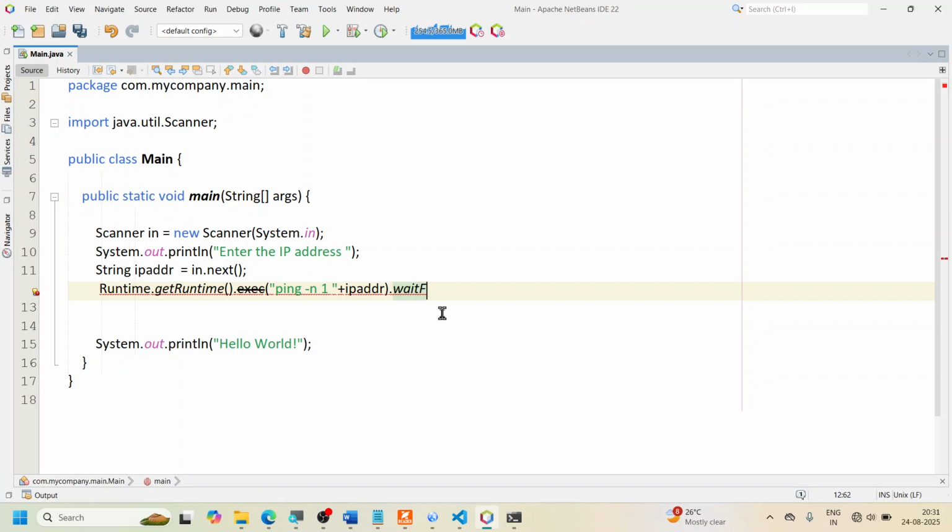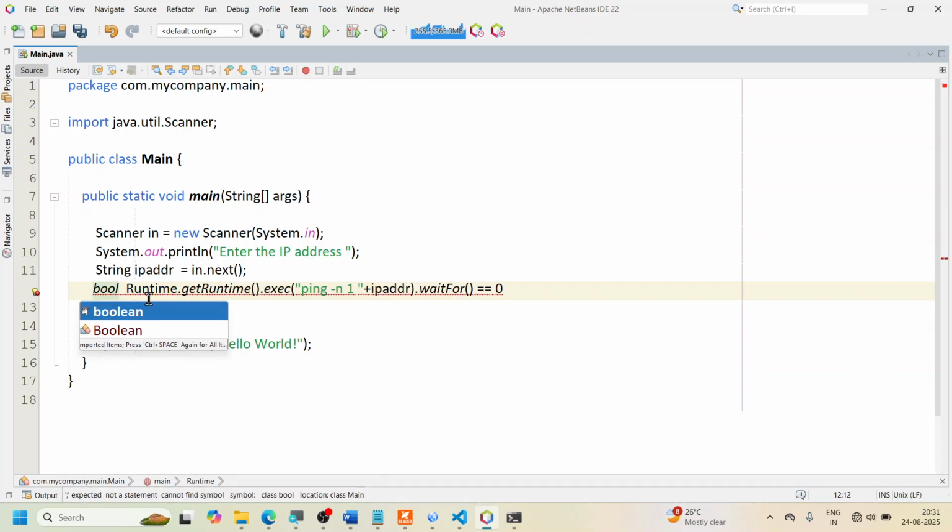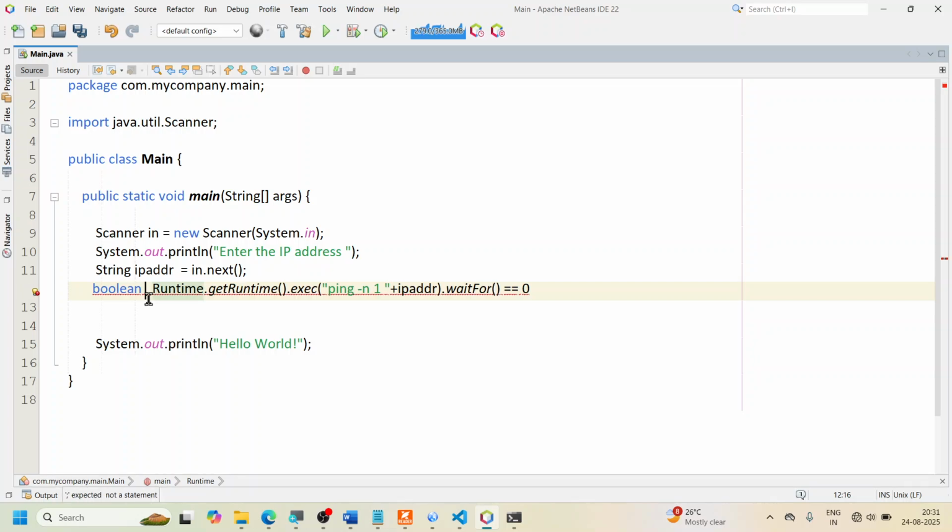I'm going to call that waitFor, and I will ask whether the output of this waitFor is equal to 0. If it is 0, you know very well it is a normal termination. Otherwise, it is not a normal termination. I'm going to store that in a Boolean variable. So I will say this is a Boolean, and I can say whether it is reachable. So why did I use that word reachable? Because it is there in your